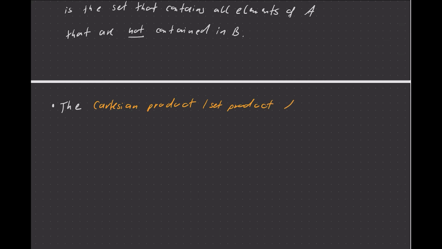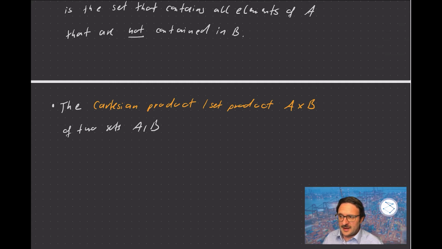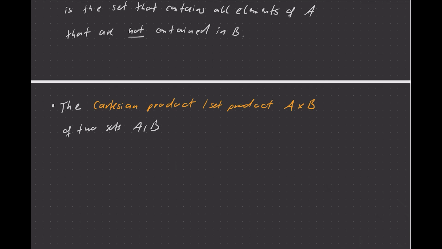It's denoted by A times B like this, of 2 sets A, B. Now that set does not consist of elements in A or in B, but instead of new kind of elements that combines those from A and from B. What we have here is that set consists of tuples, meaning you have a first and a second element in that tuple, and the first element is from A, and the second is taken from B. So this is the set of all tuples